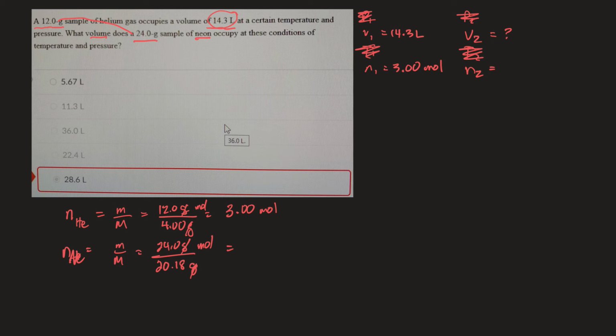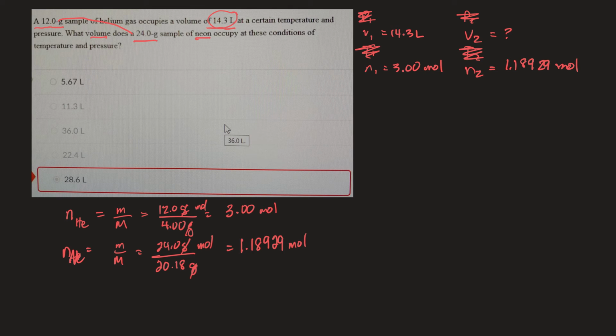So 24 divided by 20.18 is 1.18929 moles. Okay, so now I can use Avogadro's law, and I guess Avogadro's law is looking at one particular